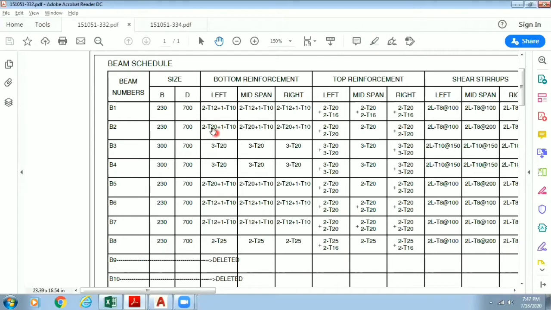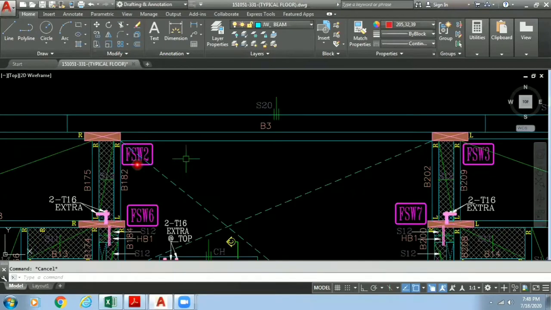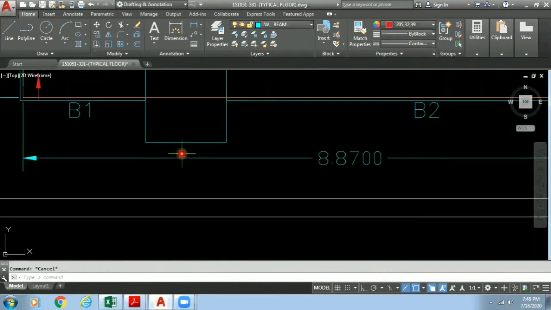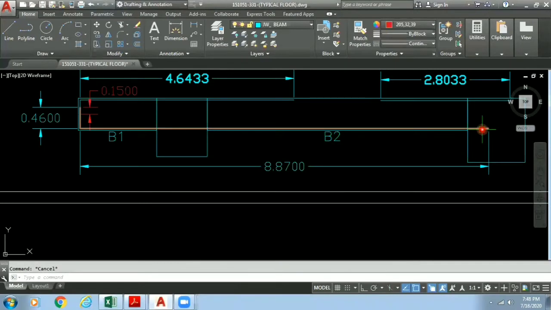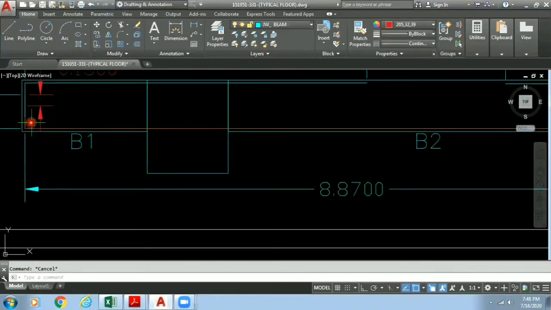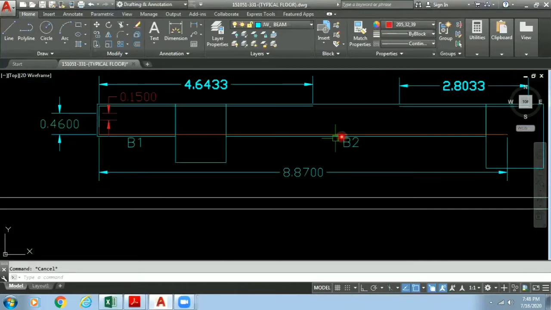Now, as you can see, for the bottom reinforcement of B1 and B2, we have only a single reinforcement traveling throughout the length, that is 10 mm diameter. The 10 mm diameter is traveling in B1 as well as B2, correct? I have shown this reinforcement in the first example. So let us check. I have made one section over here. You can see this bar which is highlighted right now, this red-orange colored bar, is the 10 mm bar shown in the schedule. It is running throughout B1 and it is running throughout B2.